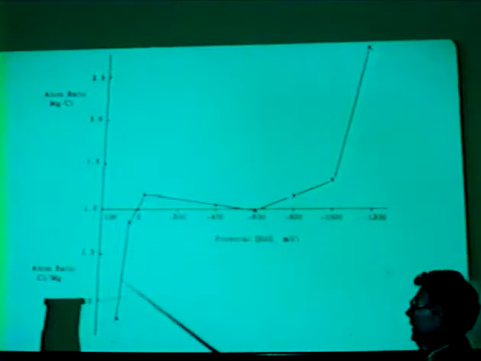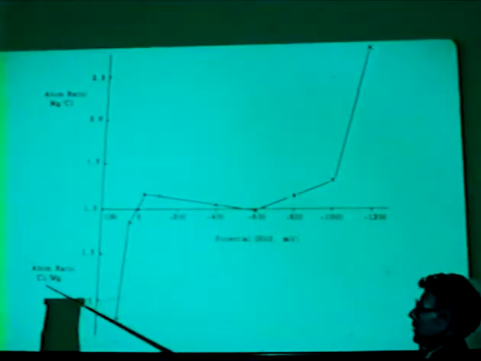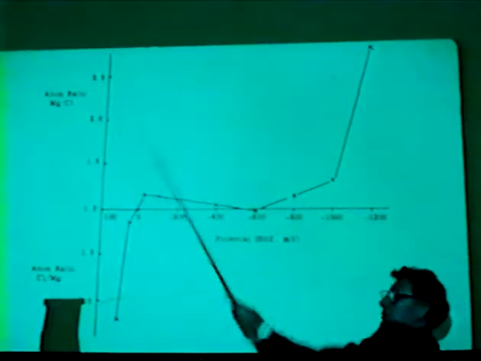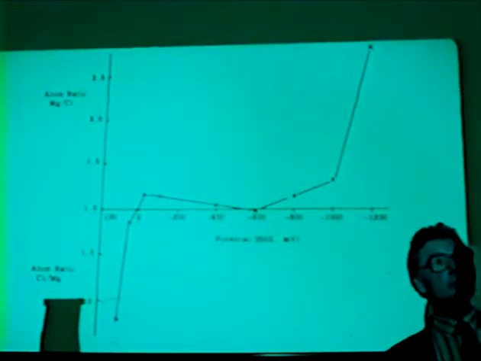If you're in the anodic region, then you gather chloride onto the surface and you get a high chloride to magnesium ratio. If you're in this range here, you're roughly neutral, but if you go to high negative potentials, then you accumulate magnesium on the surface. So we can tell something about the surface electropotential by the ions which are actually absorbed on the surface from the solution. Now, having said that, I can go on to the next slide,